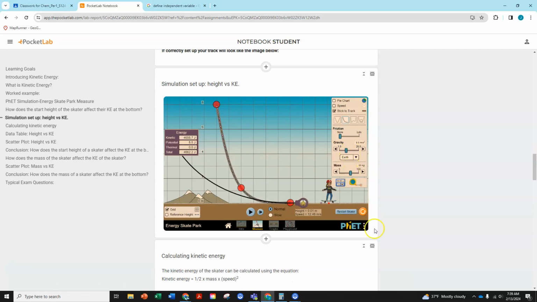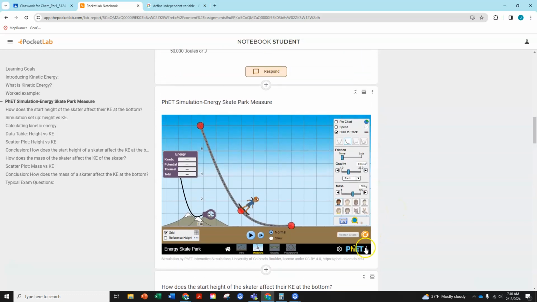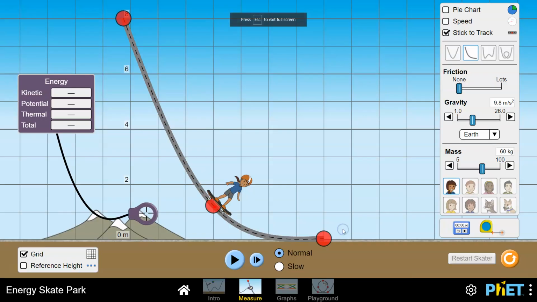So let's see, let's maximize this. Oh, that's not what I wanted. That was gravity. Don't want to mess with gravity. Okay, so let's go with 10 kilograms. And then we'll go with 20, and then we'll go with 190,